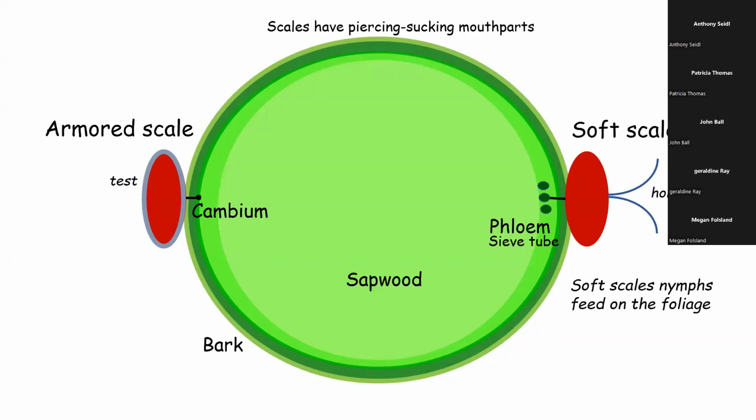Whereas the soft scales feed in the phloem tissue itself. They feed right in the sieve tubes, if you will. And because of that, they're going to produce that honeydew that is excreted out of it. Now, the soft scale nymphs may feed on the foliage. My diagram here is just merely to illustrate, it's not all anatomically correct, just kind of shows how they're going to feed. But the soft scales often feed on the foliage as well. They'll move out to the foliage as they crawl up beneath the dead mom on the twig. And then in the fall, they'll move back to the twig to complete their development.